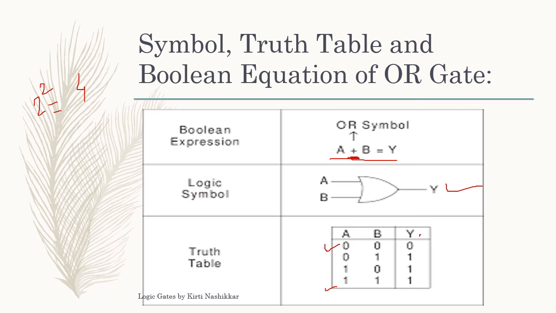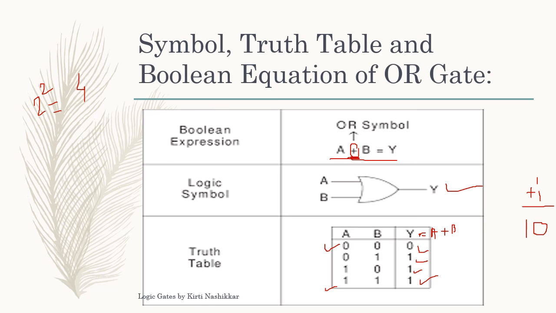So y equals a plus b. We know the Boolean equation of OR gate. Okay, so now let us put the values. 0 plus 0 becomes 0. 0 plus 1 becomes 1. 1 plus 0 becomes 1. And 1 plus 1, in case of arithmetic addition, becomes 1 0. Okay, in binary arithmetic addition 1 plus 1 becomes 1 0. But as I told you, this is not binary arithmetic addition, this is actually logical ORing. So that's why here 1 plus 1 is taken as 1.